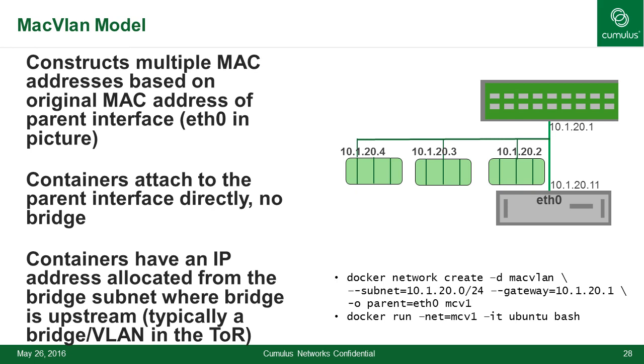There are two separate models that are out there. One is called the MacVlan model, which is essentially an older Linux kernel driver. MacVlan doesn't necessarily use VLANs. It constructs multiple MAC addresses on a single physical interface, and the driver looks at the packet coming in to decide which virtual NIC, in this particular case container, to give the packet to. In the interest of time, I'll move on.